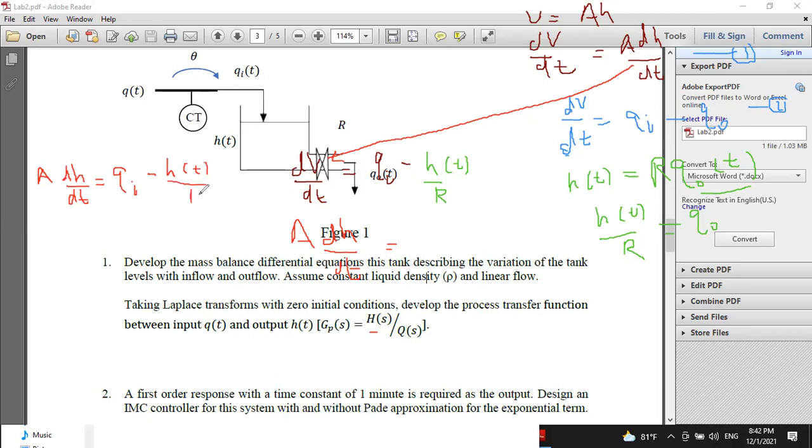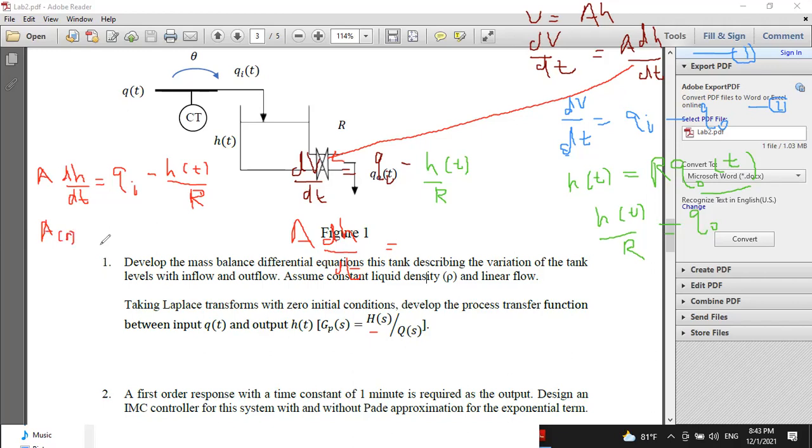Right? So we can get Laplace now. So now we have what we need here. We need h and q. So we have h and q here in this. So if we get Laplace here, what we get is